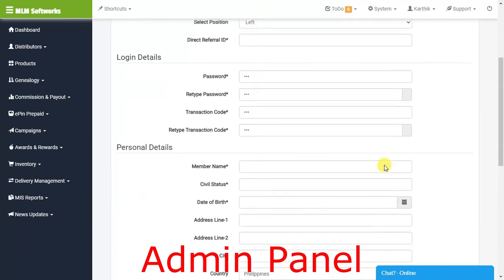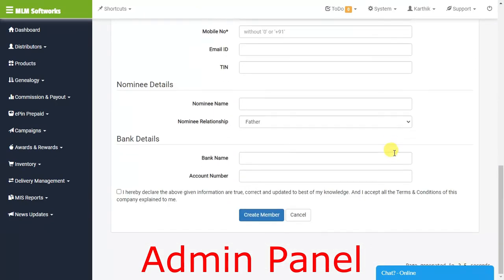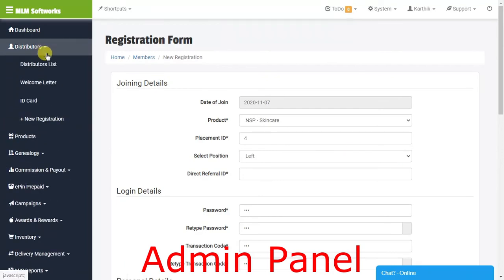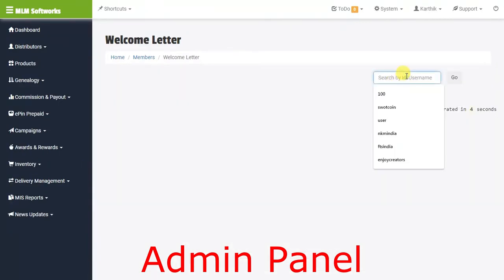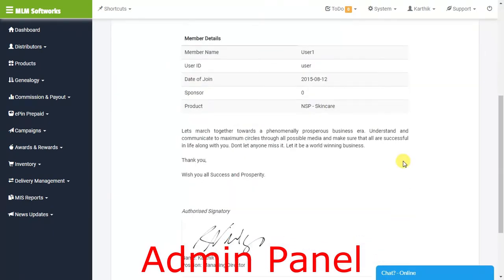Here is the standard joining form. You can customize it as per your own needs. Then it's a welcome letter. So it is the welcome letter of some member.